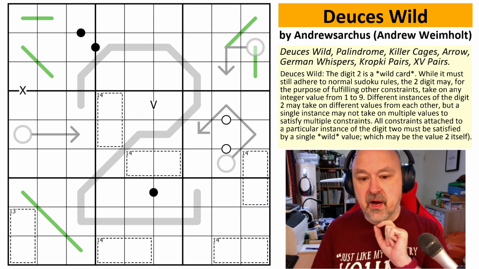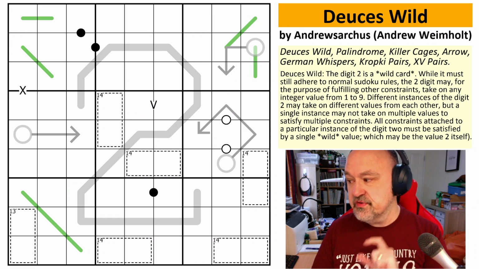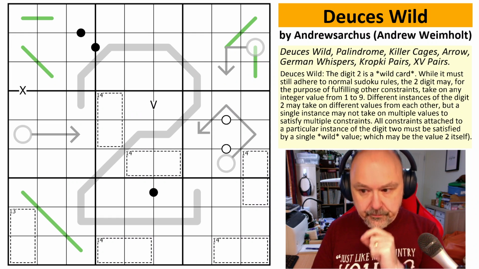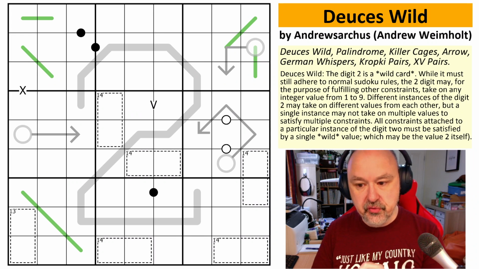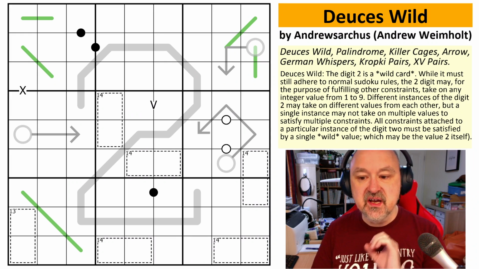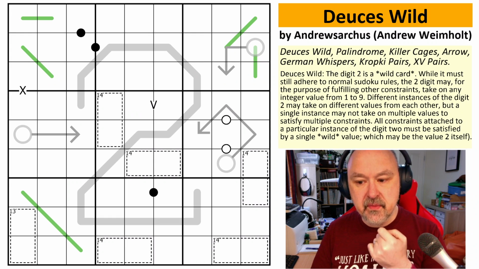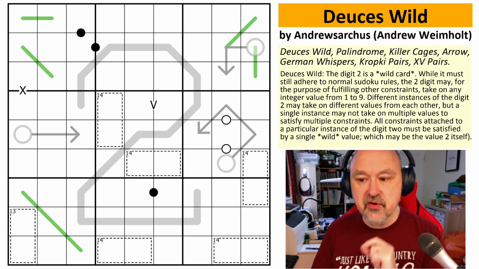I've got at the top the list of rules that are in play, but the main rule I've put in play is the Deuces Wild effect, which is that the digit 2 is a wild card. And while it still must adhere to the normal Sudoku rules, the digit 2 may, for the purpose of fulfilling any other constraints, take on an integer value from 1 to 9. Different instances of the digit 2 may take on different values from each other, but a single instance may not take on multiple values to